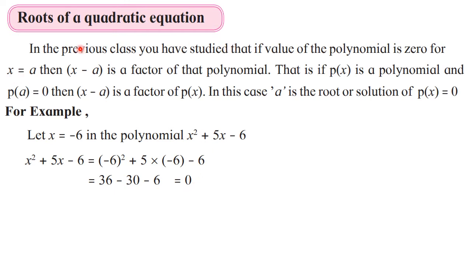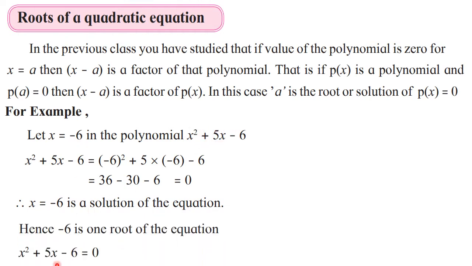Okay, so see here what we have written is that if the value of the polynomial is 0, then we can say that it's a factor. That means here I can say that x plus 6. See, exactly the opposite number you have to take. What I can say is x plus 6 is a factor of this polynomial. And therefore, x is equal to minus 6 is the root or the solution of the equation x square plus 5x minus 6 is equal to 0. See, this polynomial is converted into the equation when we write is equal to 0.